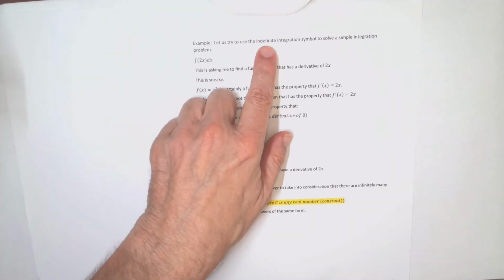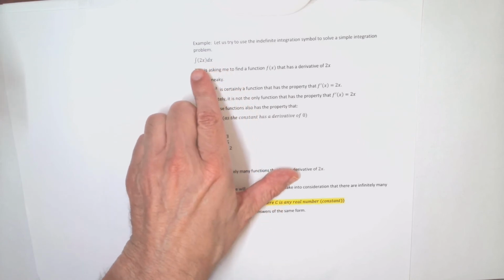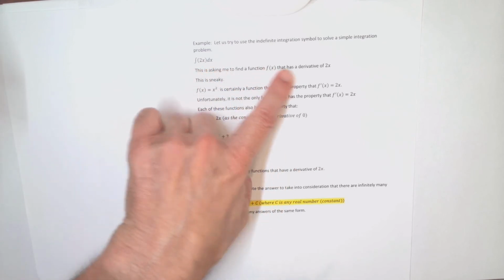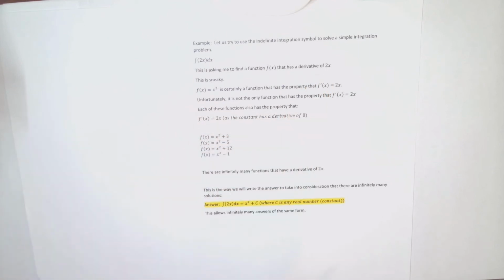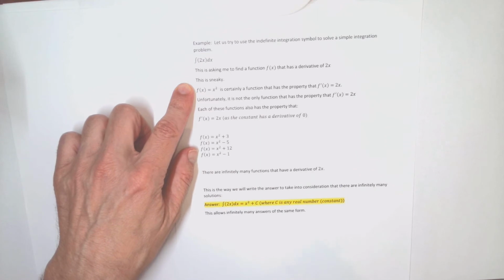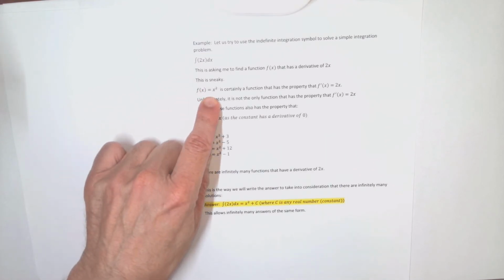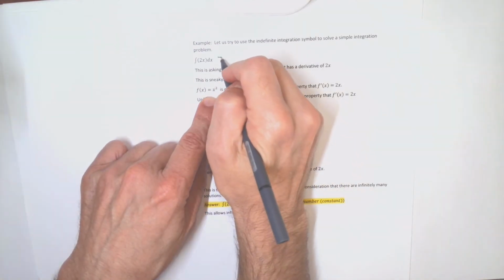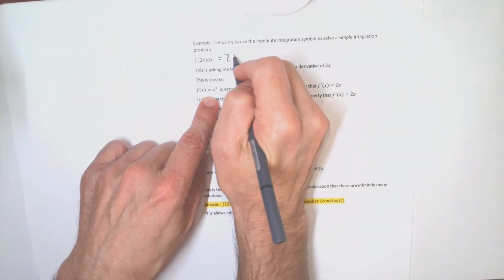So I'm going to use this indefinite integration symbol to solve a simple integration problem. Again, this is asking me to find a function that has a derivative of 2x. I say this is sneaky because there's not one answer. Because the derivative of x squared is definitely 2x. So I could say an answer to this,